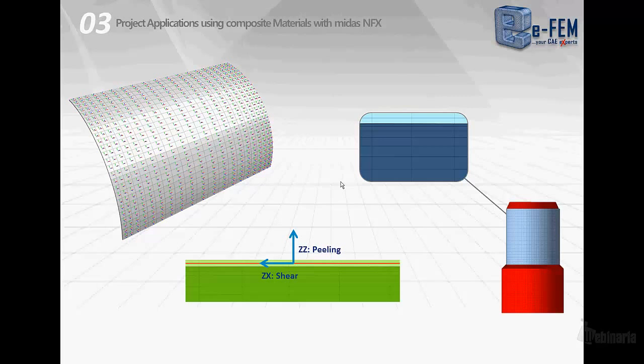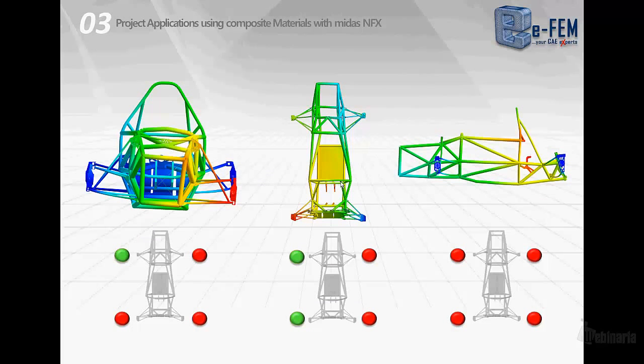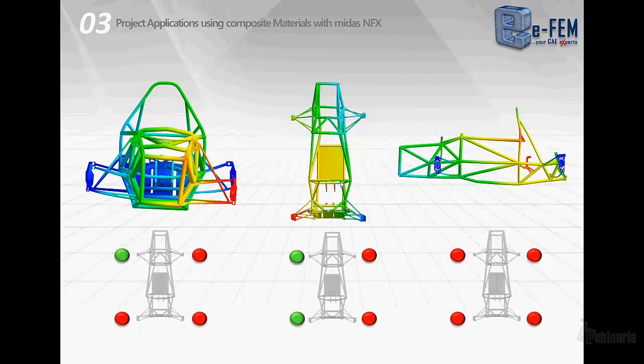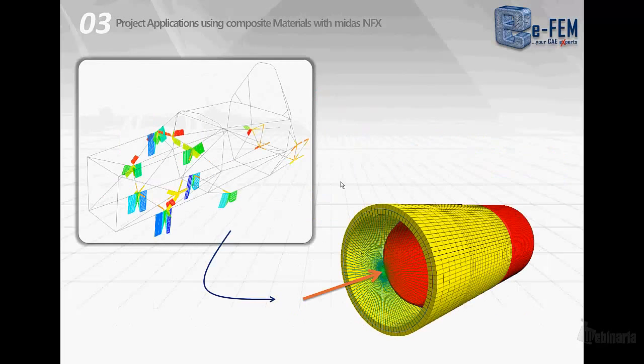So when we talk about a bonded joint, the stresses that need to be considered are the peeling stress and the shear stress that is shown in the picture here. This picture shows you some of the loading conditions that we apply to the model, and how we validate the model starting from the results of the global model. So we evaluate the displacement and the stiffness of the frame from the global model. Then we go through the investigation of the bonded joint.